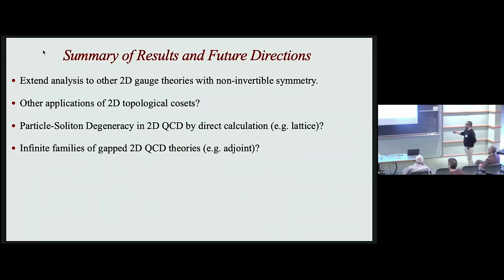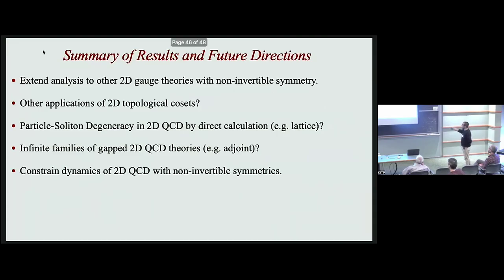Now, of course, some gapped 2D QCD theories come in infinite families, such as adjoint 2D QCD. So it will be interesting to see some pattern in those infinite families. Here I have basically shown you the examples that I can work out with pen and paper, so that I can understand conceptually each and everything that is happening. But it will be interesting to see, maybe using abstract mathematical machinery, if there is any pattern in any of these infinite families.